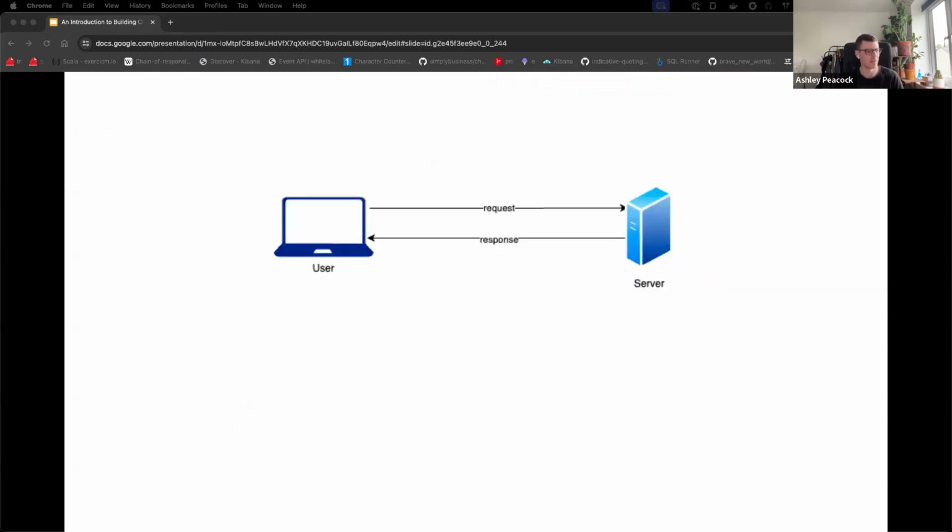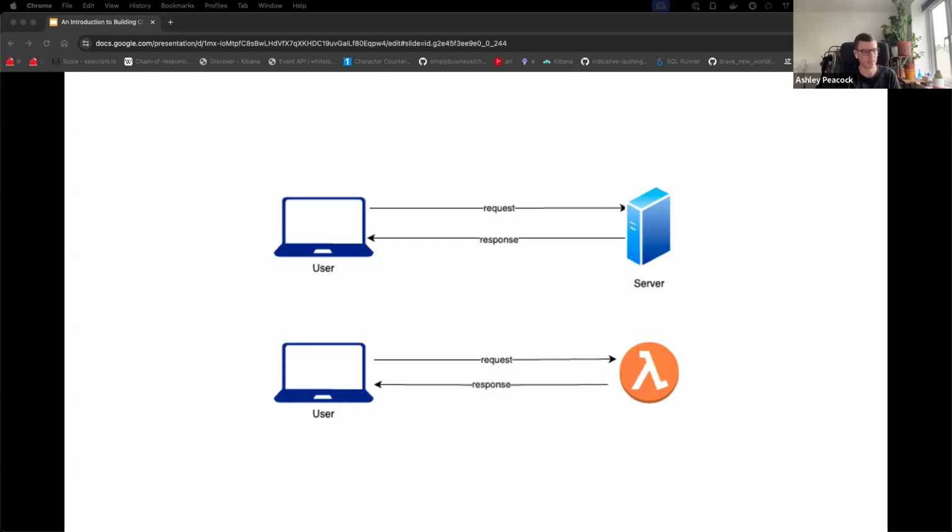So this is the normal kind of server-based architecture. The user makes a request to a server, and the server returns a response. That server is running 24/7. You're paying for it 24/7, even if you receive no requests. How it looks in serverless is the user makes a request, and on the right, there is nothing currently running because you haven't received requests for a while. The provider, in this case Lambda, loads your code into memory, executes the request against it, and returns a response. And then after a while, if another request comes in, it might reuse that function.